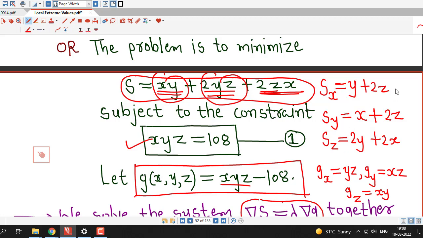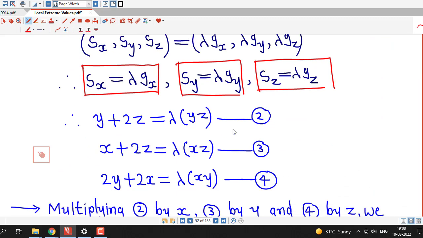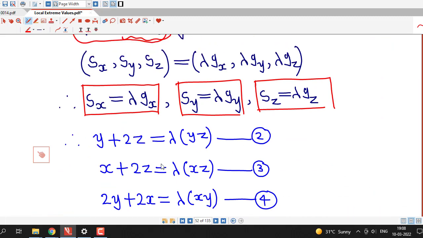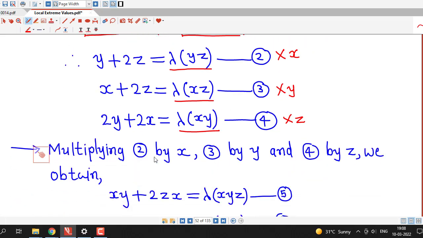We substitute all these derivatives in these three equations and we obtain equations number 2, 3 and 4. Now in equation 2, on the right hand side x is missing, here y is missing, here z is missing. So we can multiply this equation 2 by x, this by y and this by z, so that the right hand side of these equations will be the same. So in the next step we multiply 2 by x, 3 by y and 4 by z, and we obtain